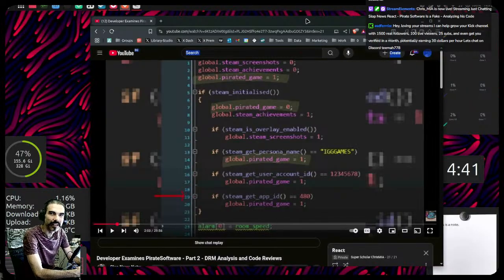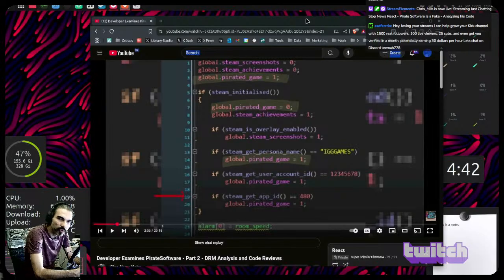You'd send it to Steam, and Steam would do the scan for you and just return a true or false. I guess that's the real case scenario, right? Steam would not expose its user account IDs to you, but they can run an internal API function on their server that says, hey, give me an ID and I'll check to see if it exists and give you a true if it exists.